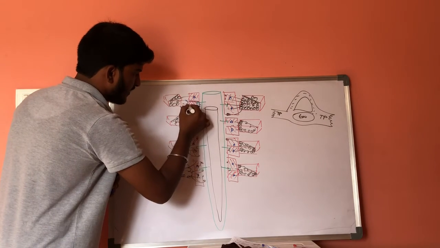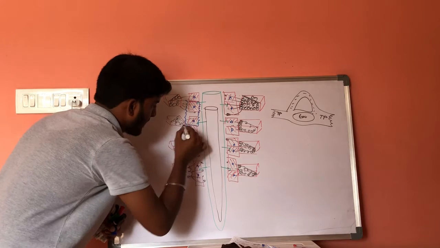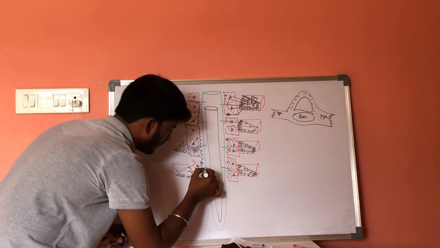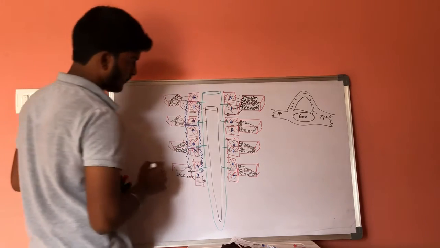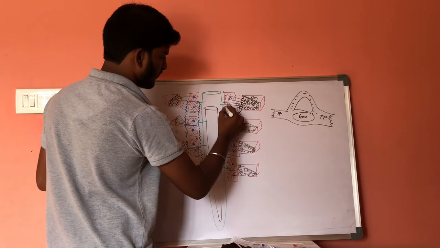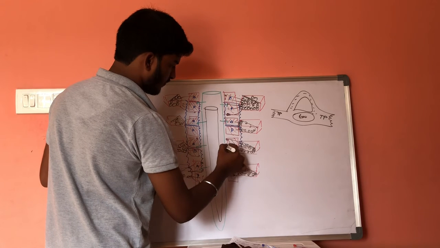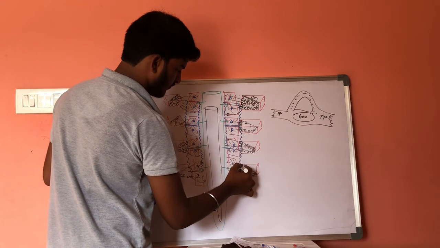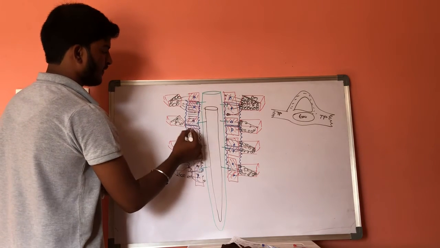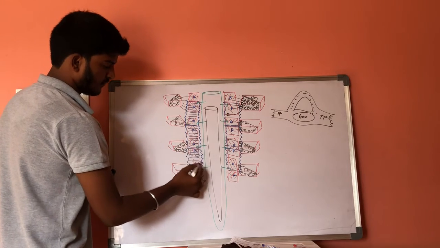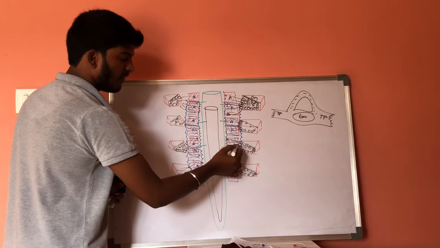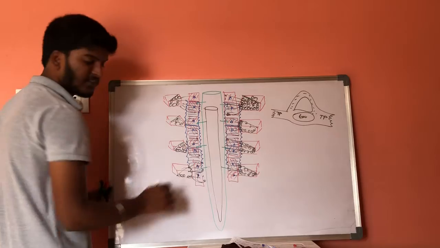In this way they are linked together, the posterior part of one somatomere attached to the anterior